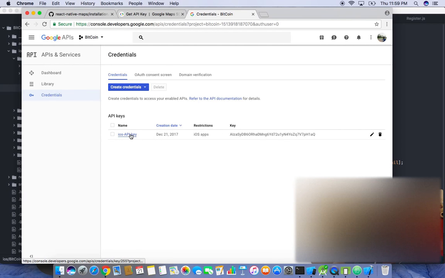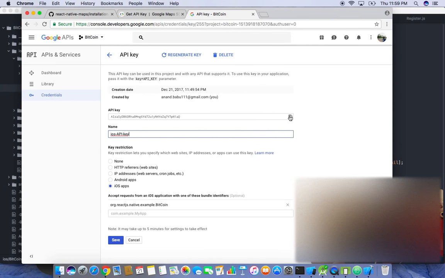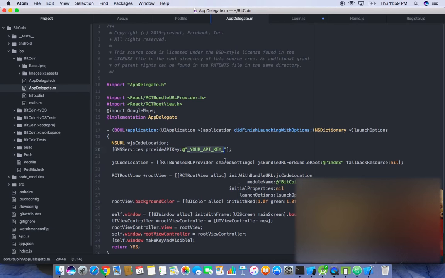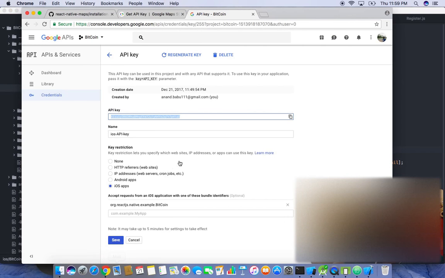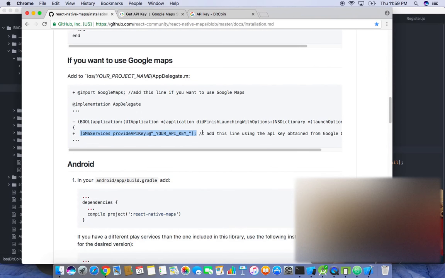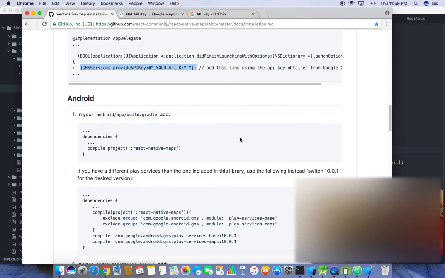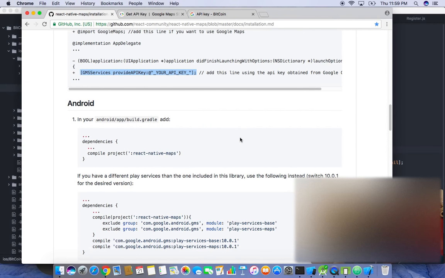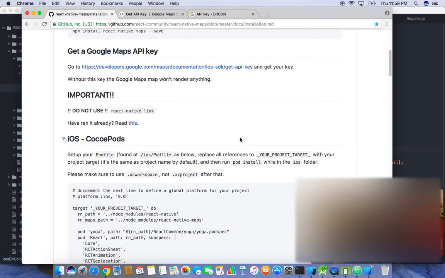That's fine. Okay, so let me copy the API key and then just paste the API key in the exact path. That's it. We are done. And let's go back to the documentation. Cool, we made it. So one more thing we need to do here is, so we set all the stuff